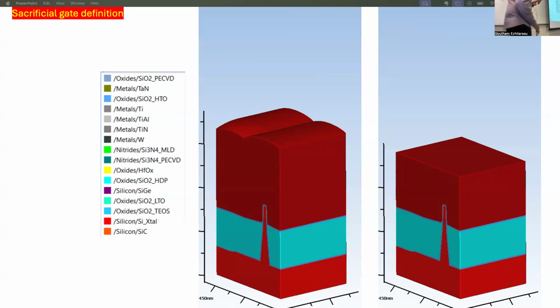So to do this, the first polysilicon you used was the mandrel to create the fins. The second polysilicon you're going to use is also not going to be used eventually. It's going to be replaced with metal, right? So the replacement gate process, if you remember, is you use the